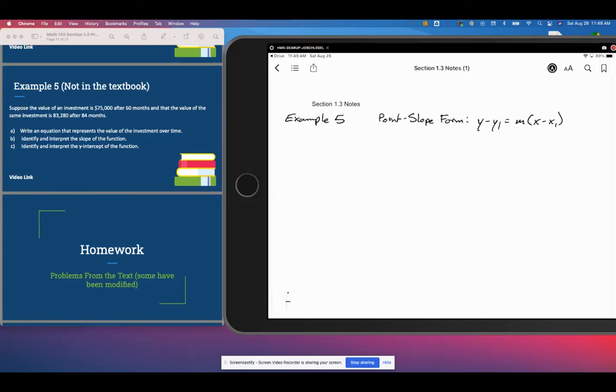So here with example 5, everyone, we have: suppose that the value of an investment is $75,000 after 60 months, and that the value of that same investment is $83,280 after 84 months. This investment is doing pretty good. That being said, we need to write an equation that represents the value of this investment over time,